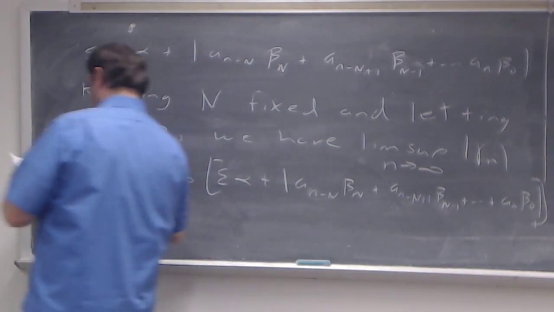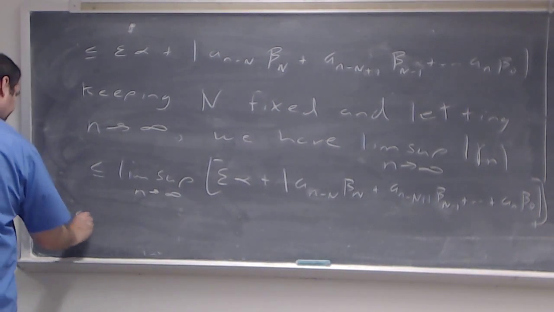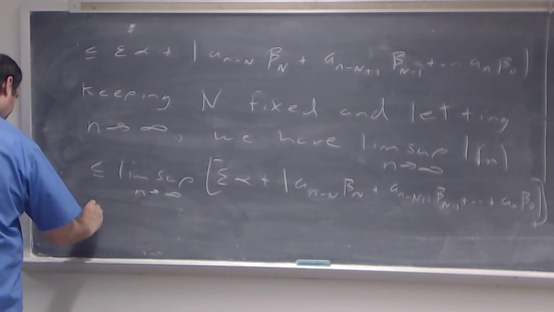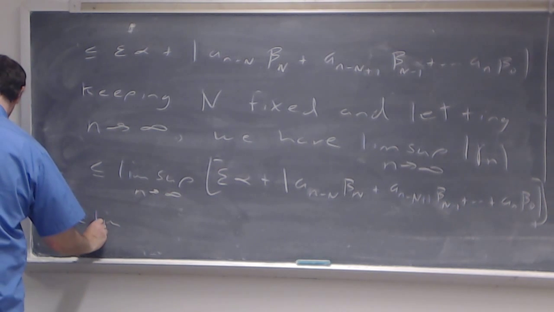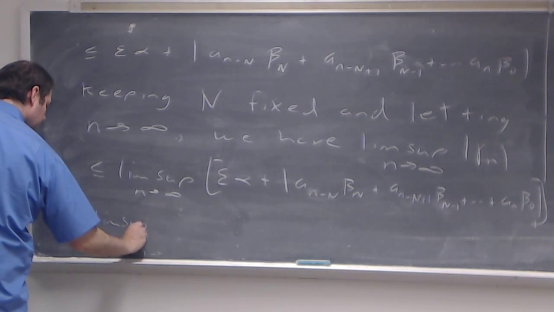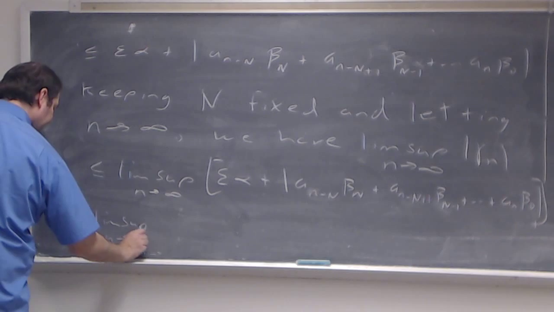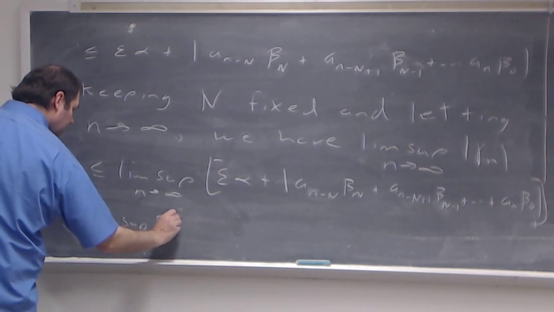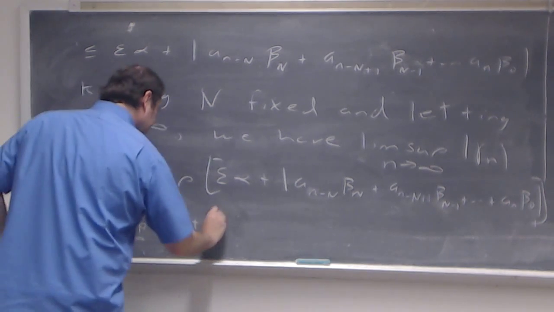Which is less than or equal to the lim sup as n goes to infinity of epsilon times alpha plus the lim sup